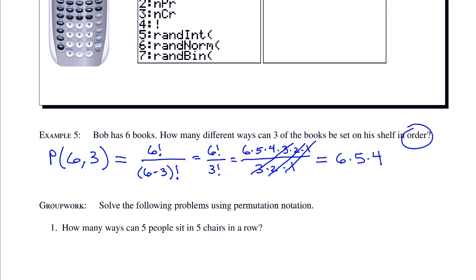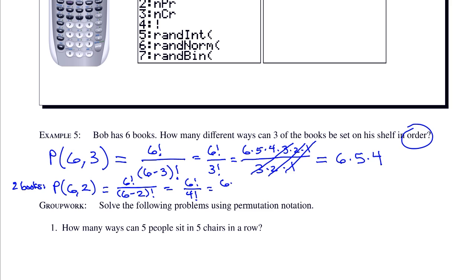Then this is 6 pick 2, and then 6 factorial. Let's go ahead and write that one. Let's just do it. What if we wanted 2 books instead? Let's do 2 books. So that would be P 6 pick 2. So it would be 6 factorial over 6 minus 2 factorial, which is 6 factorial over 4 factorial,